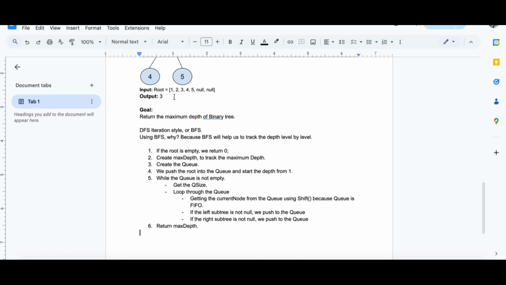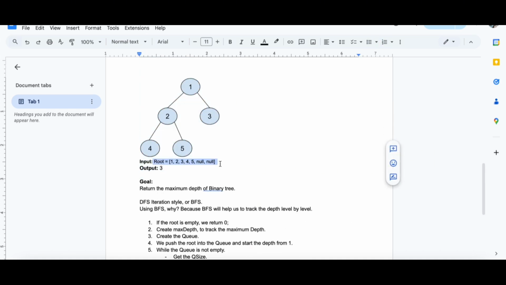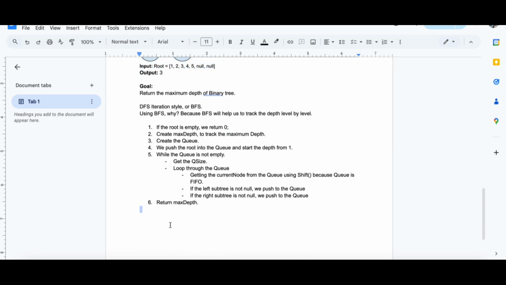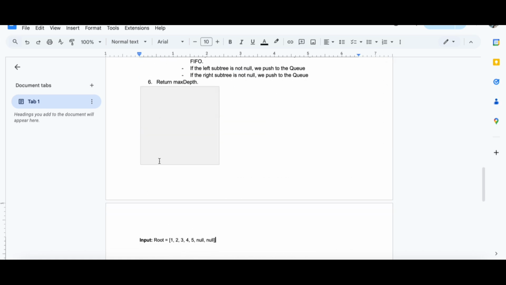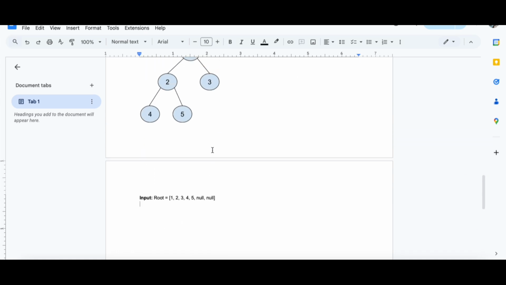Okay, let's say the given input is like this. I will just copy this. Then that means we are starting the queue from node 1. Then the depth will start from 1. Well, the queue is not empty, which is true. Then the queue size is 1, right?